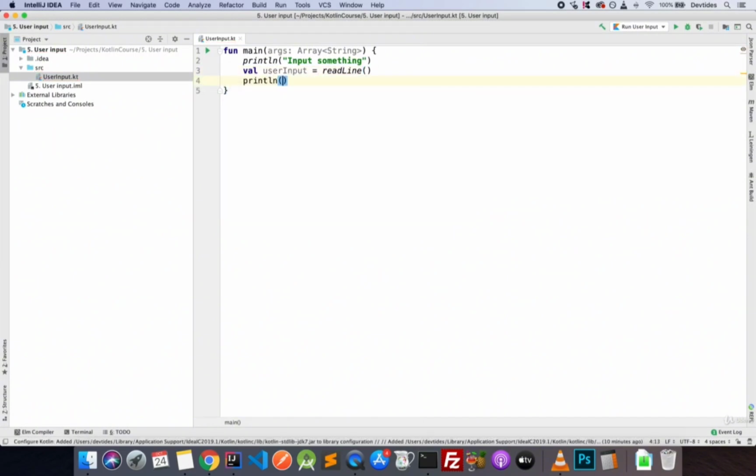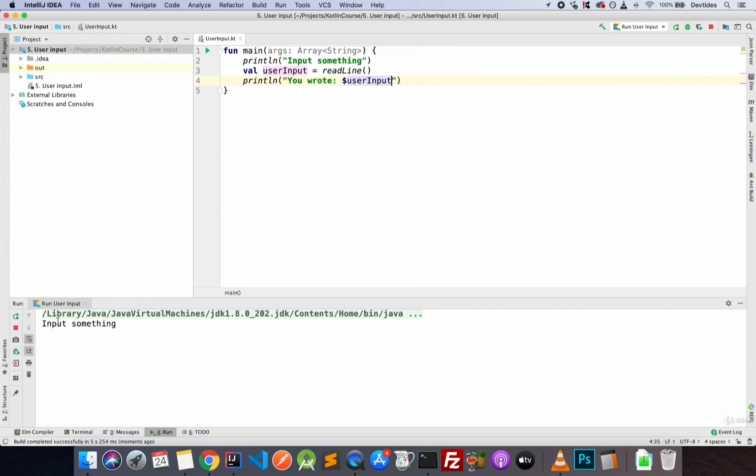Okay, and we have println, something like "you wrote $userInput". Okay, so that will just print out whatever the user entered here. So let me run this code and we will see in our console how we can achieve this. So basically we have our console here, we have our "input something". Now if I click here, okay, at the end, I have a kind of prompt that is waiting for me to type something. Okay, so I'm just going to type something random,